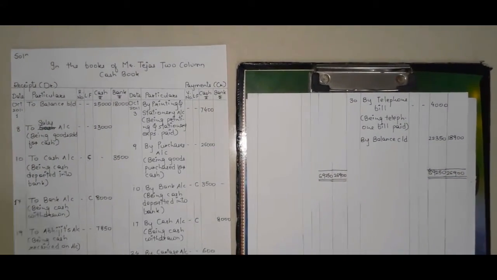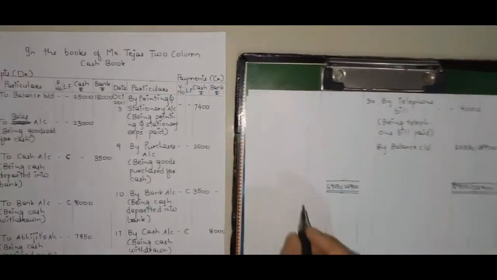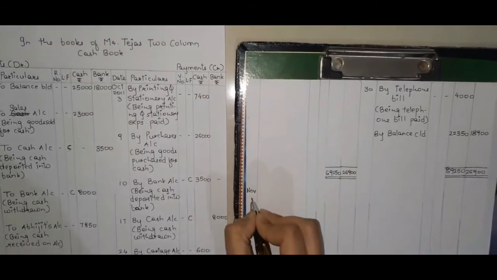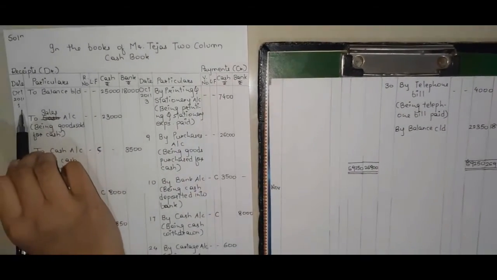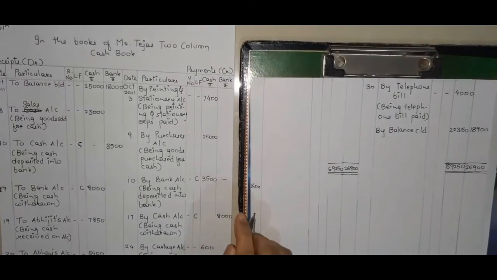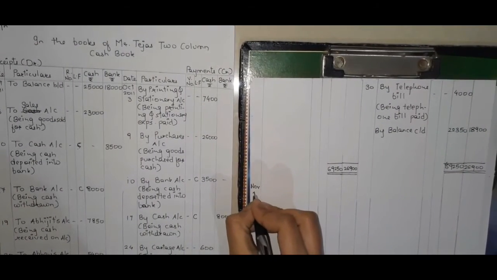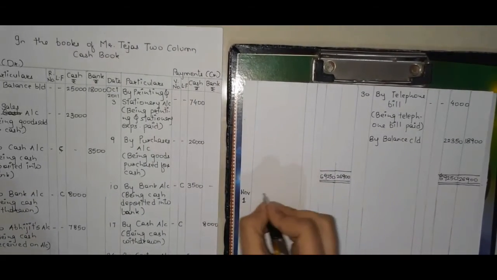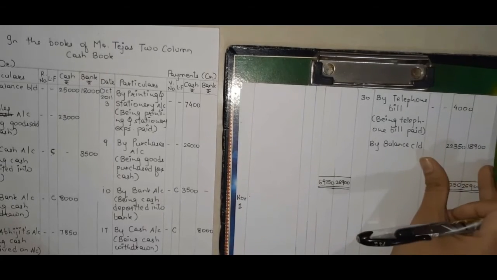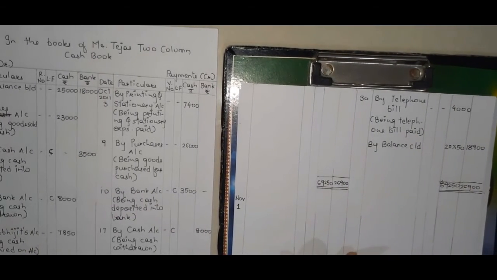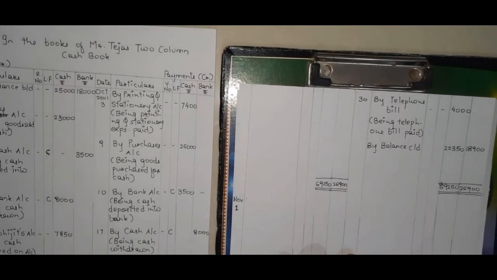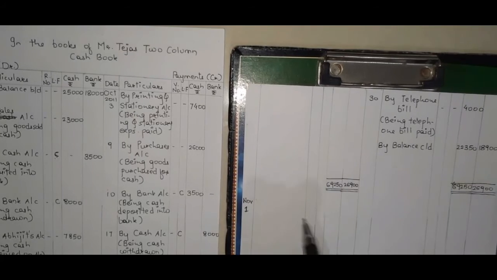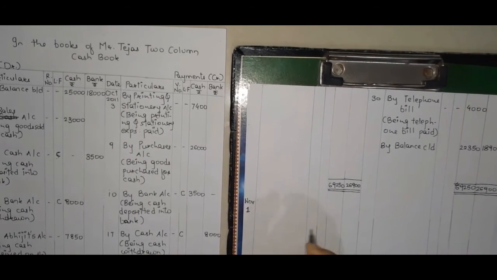Now in next month, that is on November 1st, since the transaction started on 1st October, so in next month also the transactions will open on 1st November. Okay, I will write down the date over here, and this amount is here a closing balance. But when you will go in the next month for starting with the new accounting period, this is going to be the opening balance in next month.